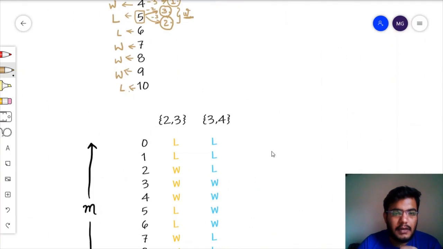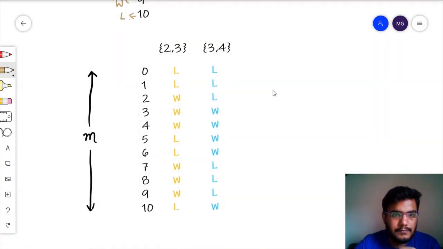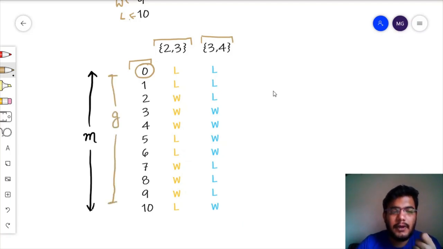Let's see the sample. For the first game, the moves possible were 2 and 3, and for the second game the moves possible were 3 and 4. Now, as explained earlier, we can calculate for all the values of the initial number of objects in the pile whether a particular state is losing or winning. Now, we are required to select such a G so that the maximum number of games are winning at a particular value of G. So if you see for 3, then there are two games which will be won